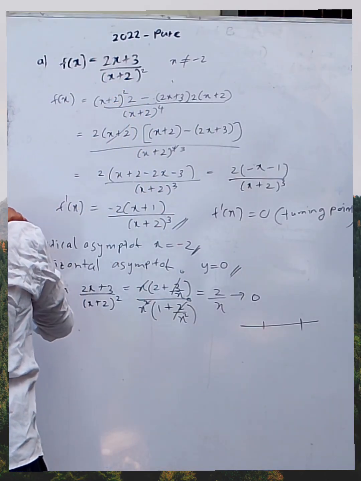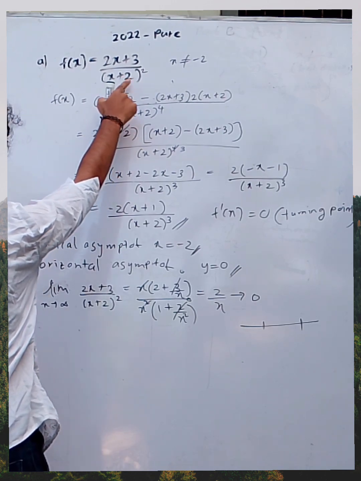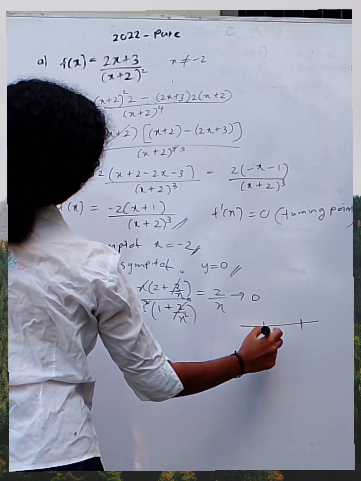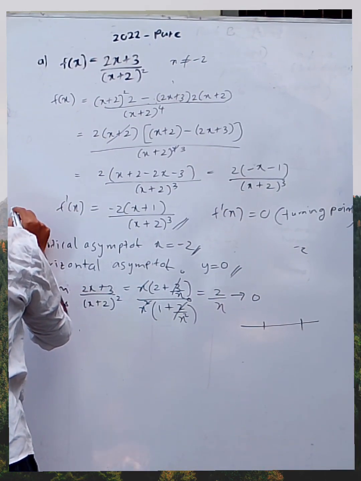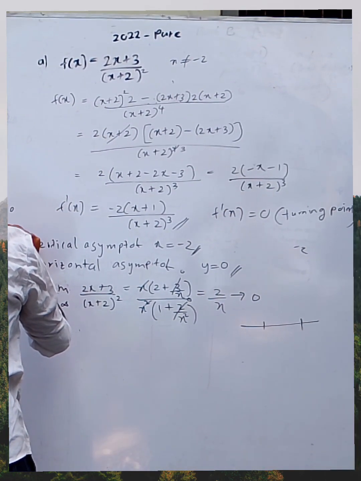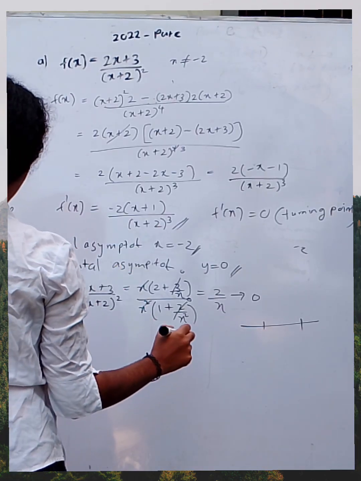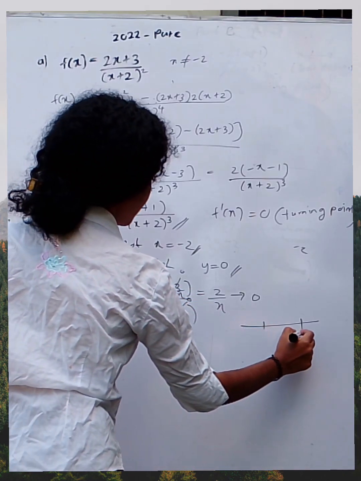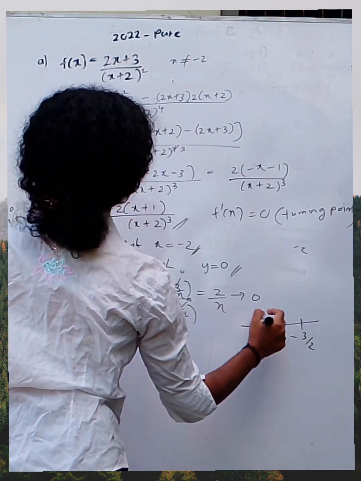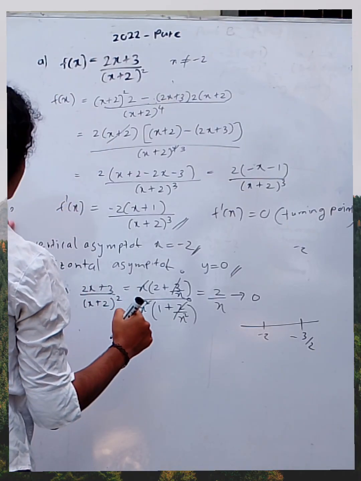There's also minus 2, because x plus 2 equals 0, in the sense x equals minus 2. And also 2x plus 3 equals 0. Downwards I can see it equals minus 3, so x equals minus 3 divided by 2. Minus 3 divided by 2 is minus 1.5. So this is minus 3 divided by 2. It is minus 2. So in this range I can say that